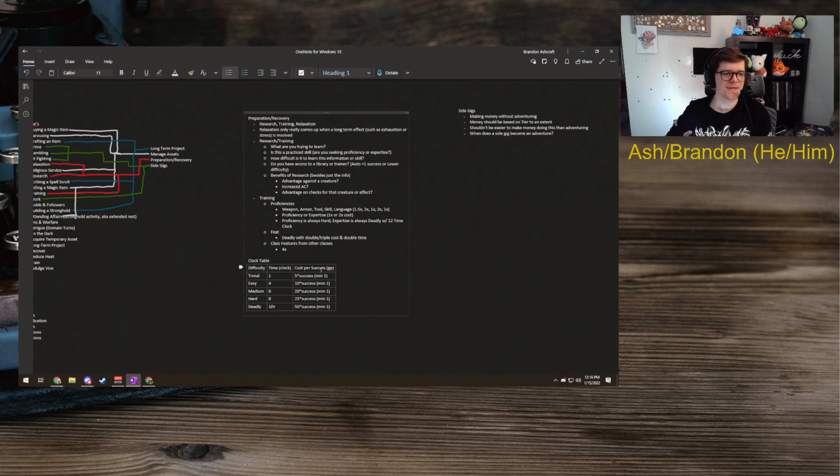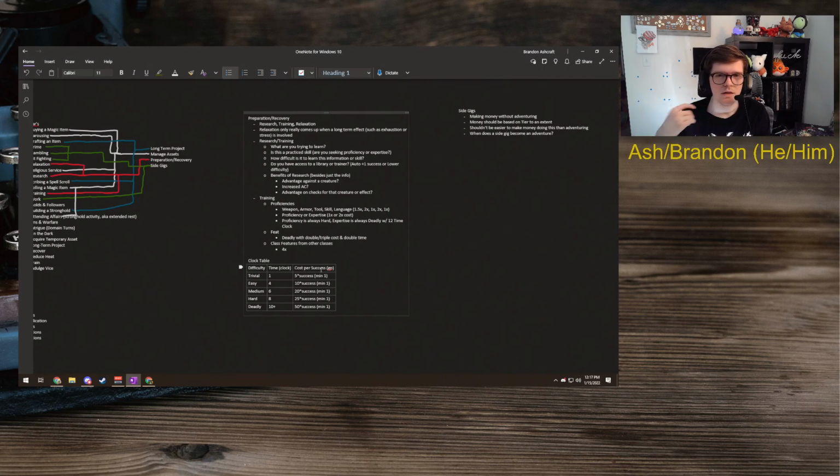And that also comes down to whether their philosophy on downtime is different than mine. Like my friend LJ, who ran Storm King's Thunder, did downtime in 1 year chunks, which I wasn't a fan of because it meant I had to do however many weeks, I think it ended up being 50 based off their calendar, all at once. So I didn't feel good about it because I was spending hours on it versus what should be 1 or 2 rolls. But it might be what's easiest for them. Just depends.